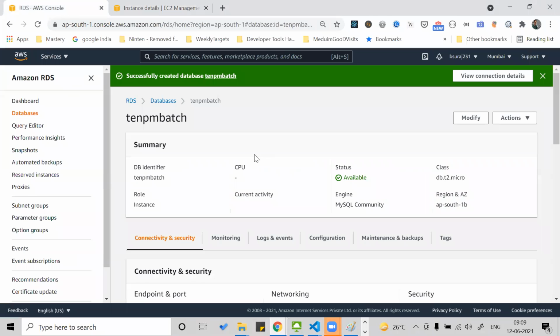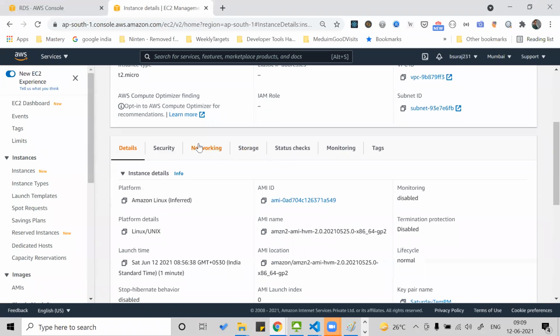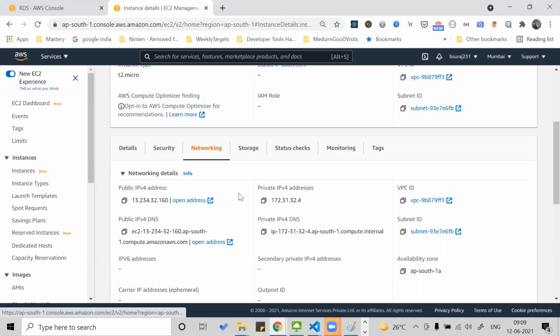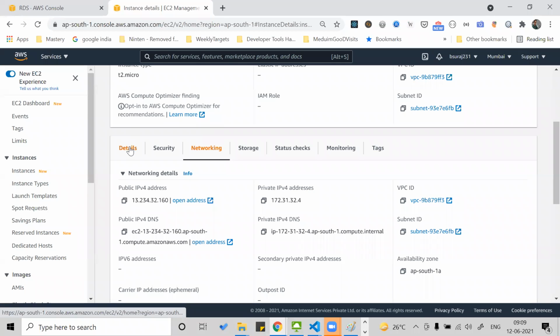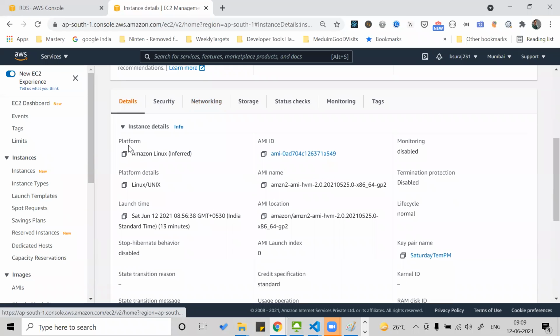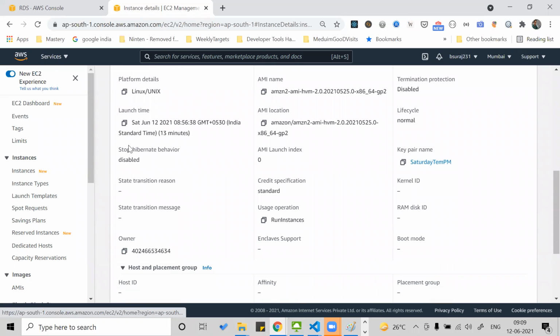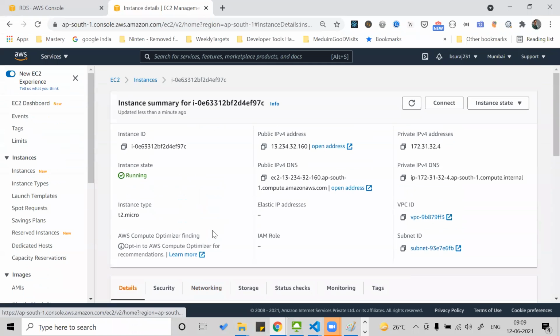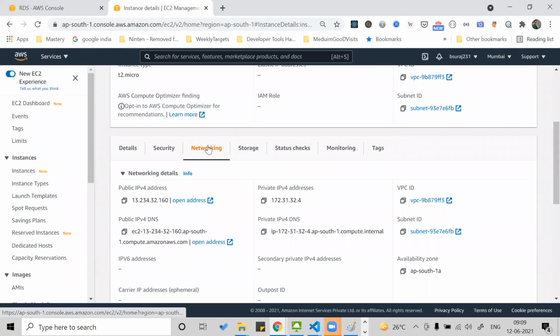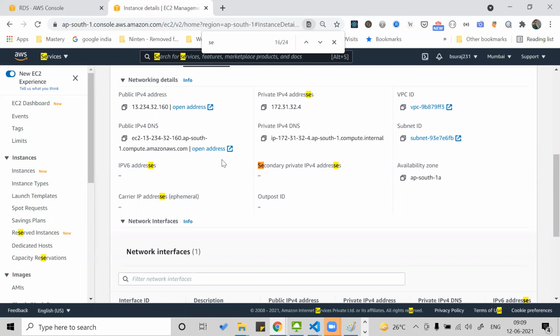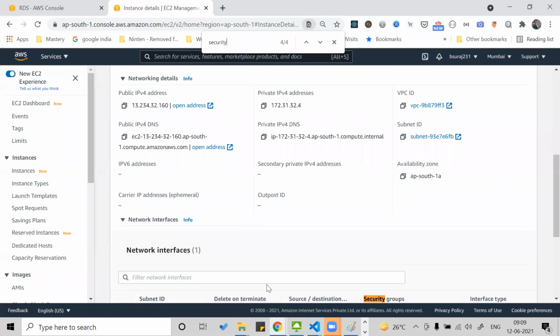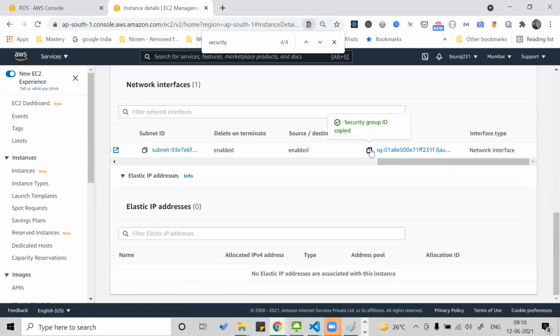Let's go to RDS. Let's see the security group of this one in the networking. Let me know where is the security group, you'll get it. I think first details only, sir. Details. Okay. Or networking. Let's go network, security. Let's check network security groups. So you copy the security group.